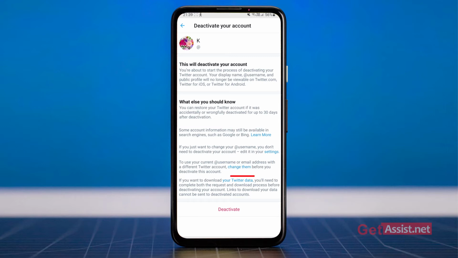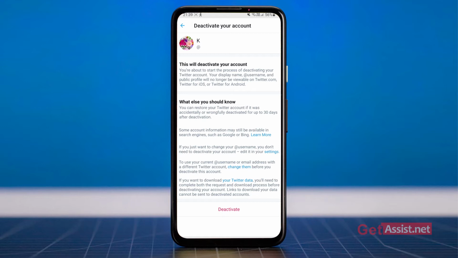Now if you want to download your Twitter data, you can download it before deactivating your account by simply selecting this option, alright. Or you can just tap deactivate and you can log in back whenever you want to reactivate your Twitter account within 30 days, alright.